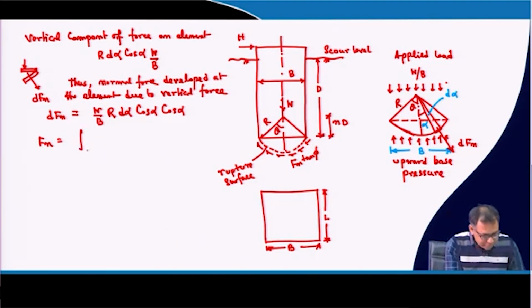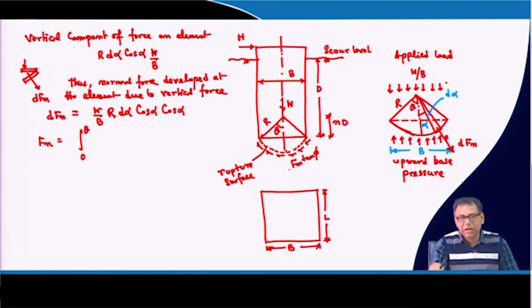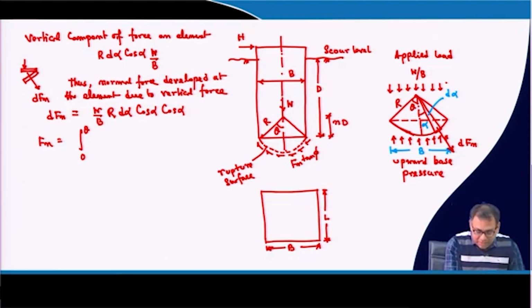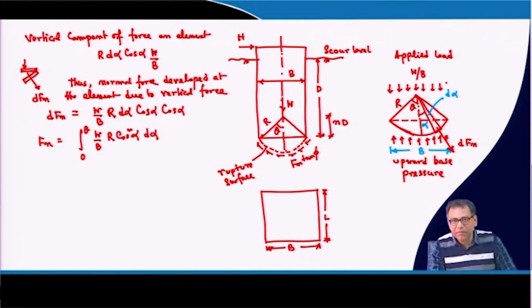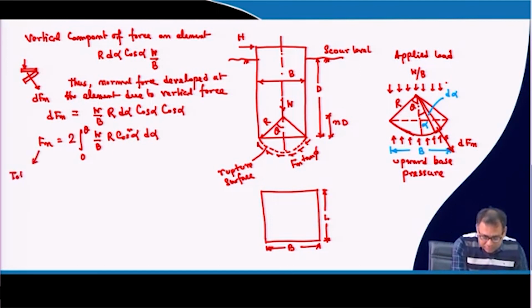the integration from 0 to theta. So, FN is the total normal force along the rupture surface. Okay. So, that will be the integral from 0 to theta of W by B R cos square alpha d alpha. So, this is for one half, but we have the other half also. So, that means this will be 2. Okay. So, this is the total normal force